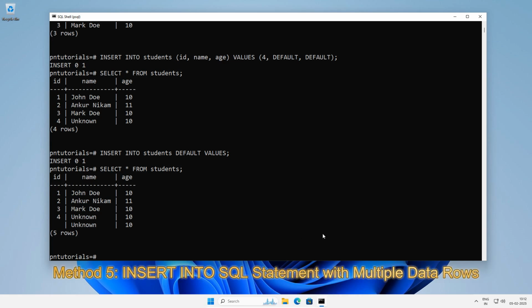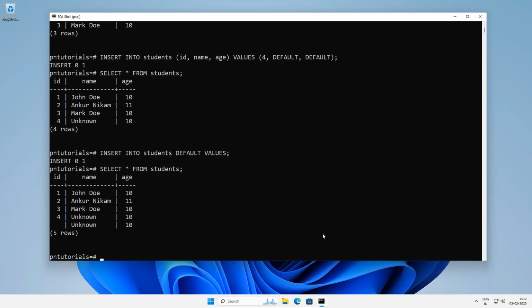Now let's learn the fifth method, which is insert into SQL statement with multiple data rows. So far we were adding one data row at a time in our database table. Suppose we want to add more than one data rows. In that case we will use the SQL statement like insert into students, in first parenthesis ID, name, age, complete the parenthesis,